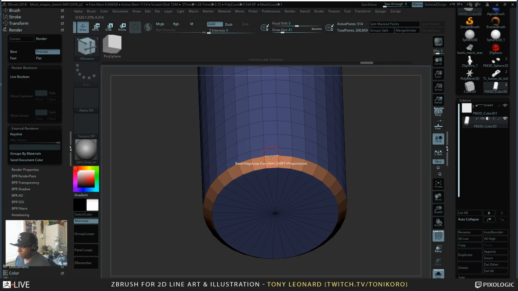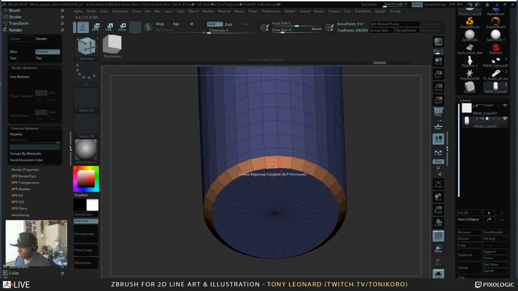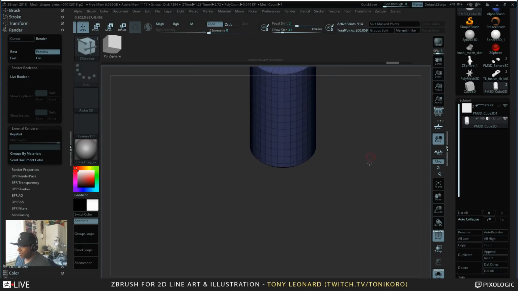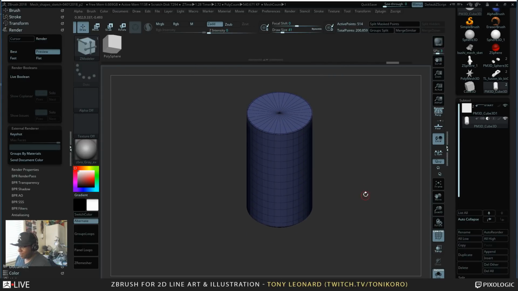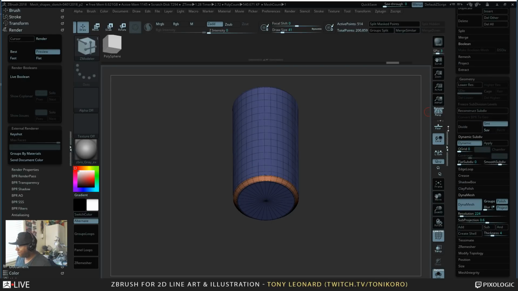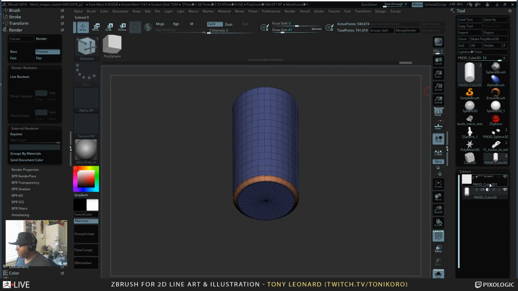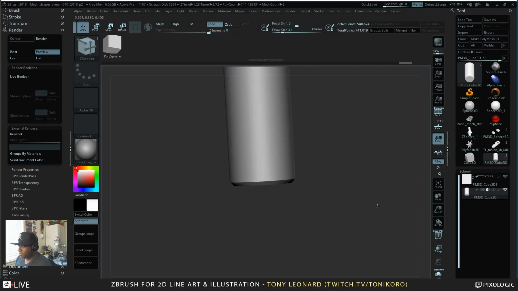Look at it in polyframe, take this, crease it, right? And then add dynamic subdivision. Take it and apply it, come back up, take dynamic solo off,